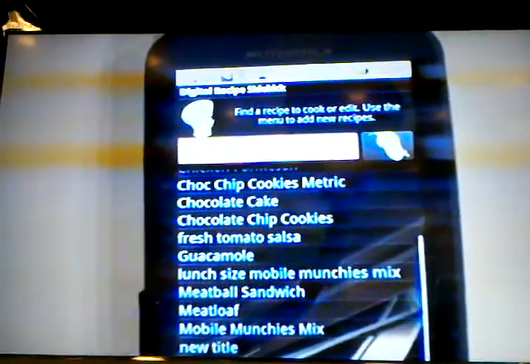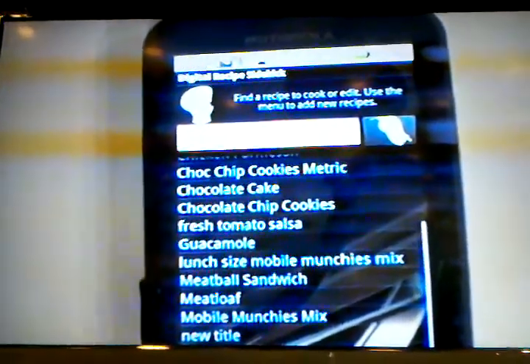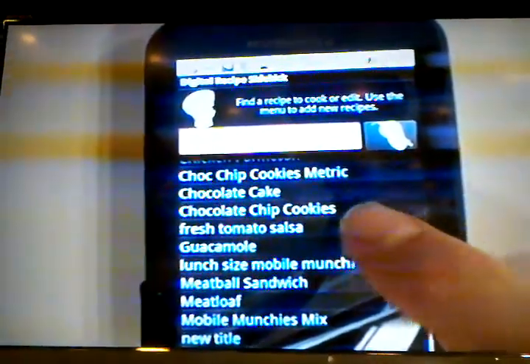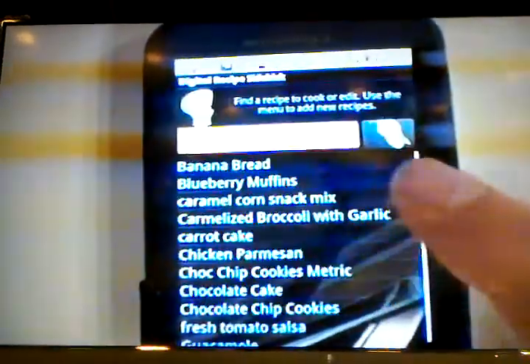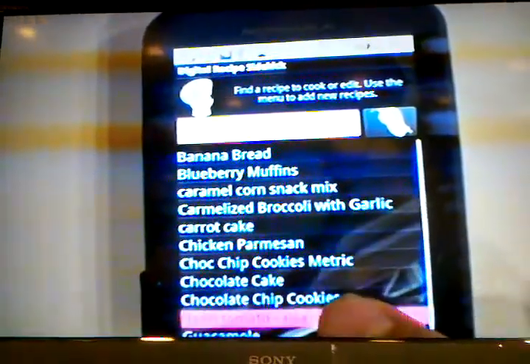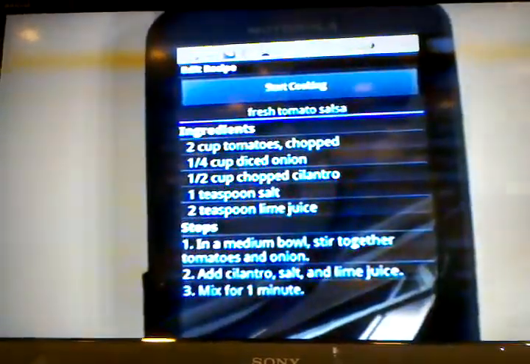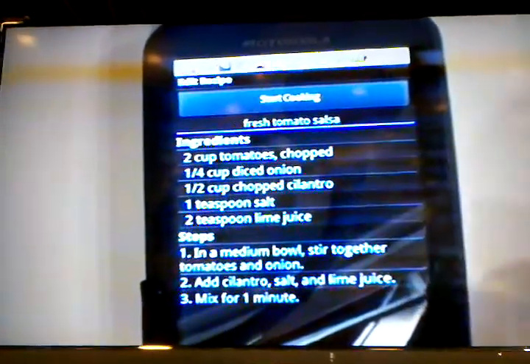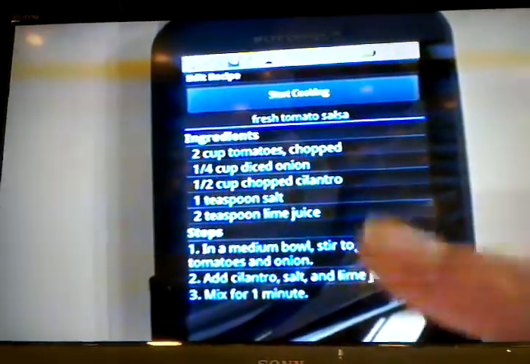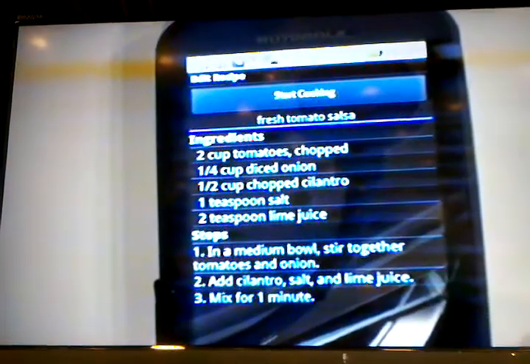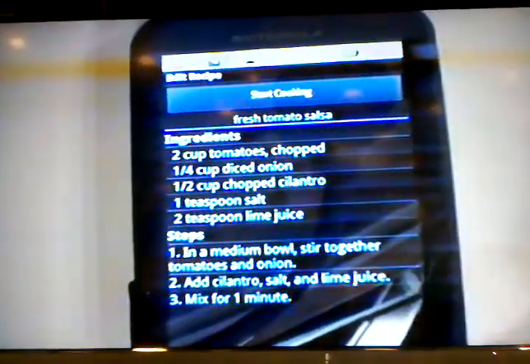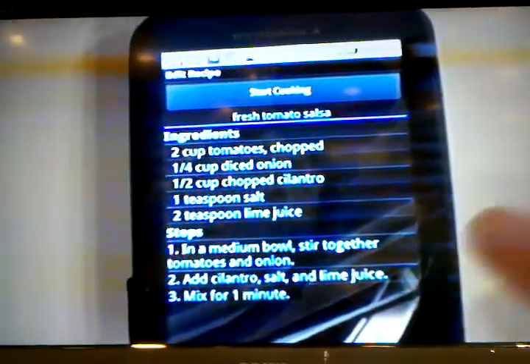So, for example, say you have a salsa recipe. I have a salsa recipe right here. Oops, that's the guacamole recipe. The salsa recipe. As you can see, there's no hot peppers in here. And I am a real big fan of spicy food, so I think I would like to add some hot